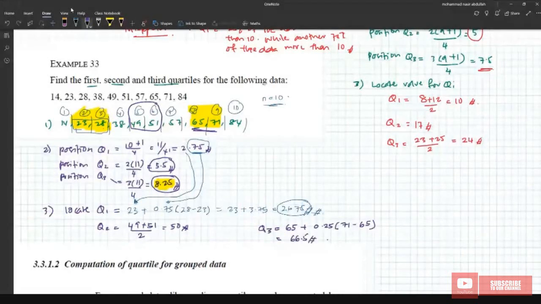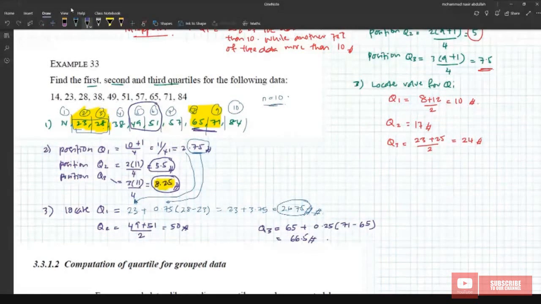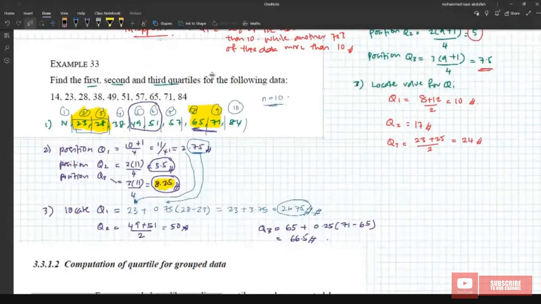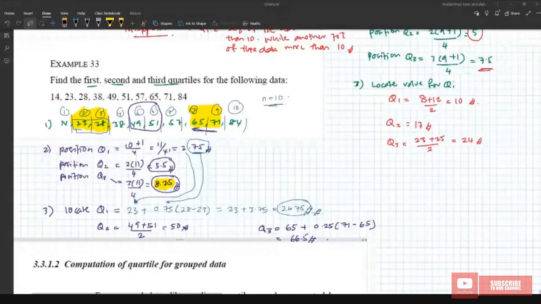Right? So far, do you have any question of calculating quartile for ungrouped data? Any questions so far? Right, good. Move to the next